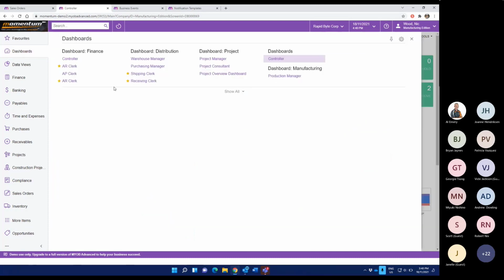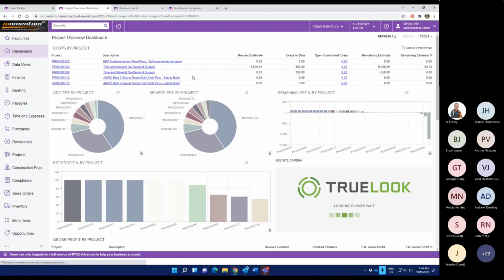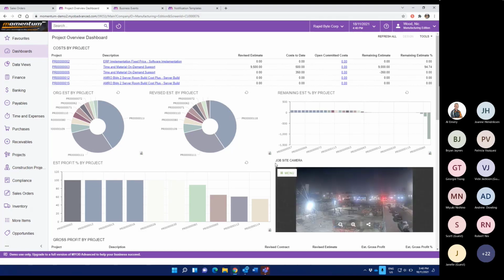Yeah, you see in our demo system, we've created a number of other dashboards here, specific to various other operational roles. If I go into this production dashboard, you see a neat feature here is a connection to an external site, which is actually going to give us a web link video to your job site, or this might be your production floor. Just another one of those options. This web link could just be to an external website relevant to your business.